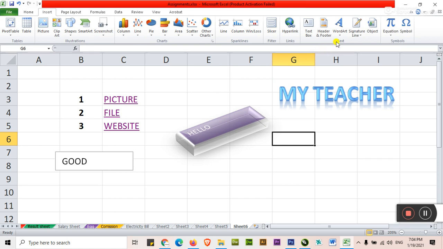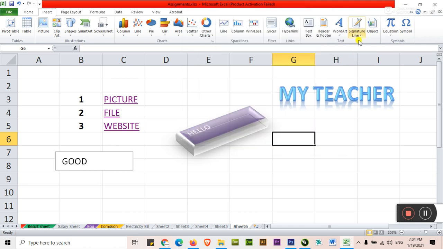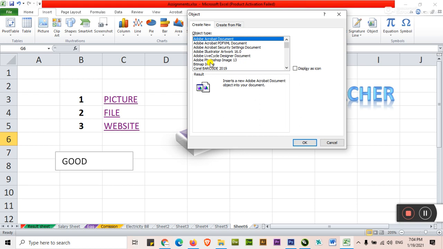Okay. Insert. Next is object. Select the bitmap image. Basically object is giving you the option to create something live in your software. Meaning you are sitting in Excel but you can write in another software.